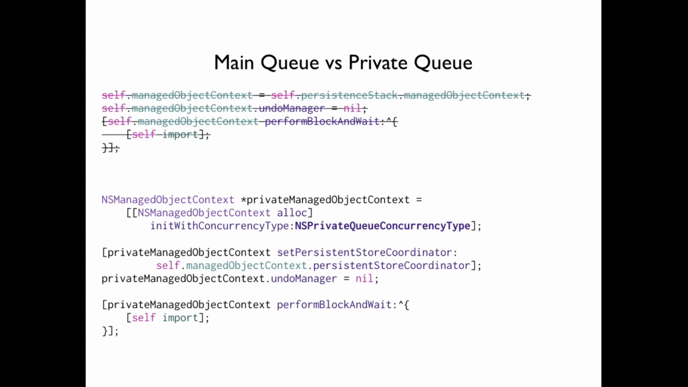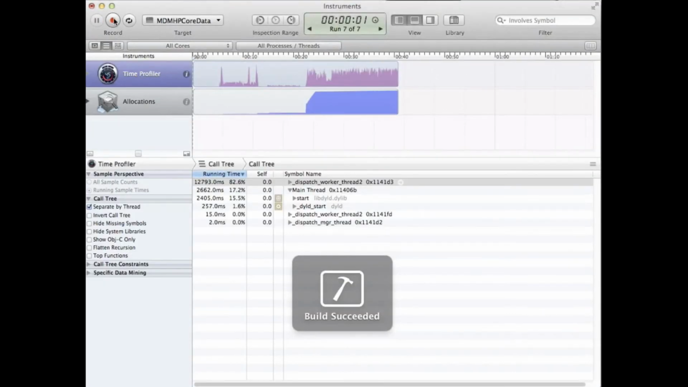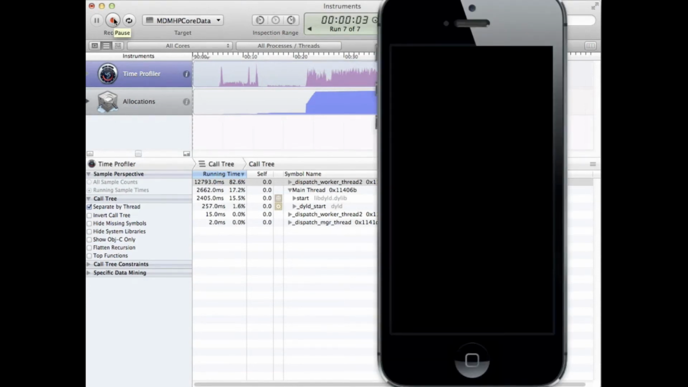So you just create a private queue concurrency type. You give it the same persistent store coordinator. So I'm getting the persistent store coordinator from the main managed object context. In iOS, you don't really have to set the undo manager to nil, but I like to be explicit. And so if we just do that one thing, and we move it to a private queue, and we run the same app again,